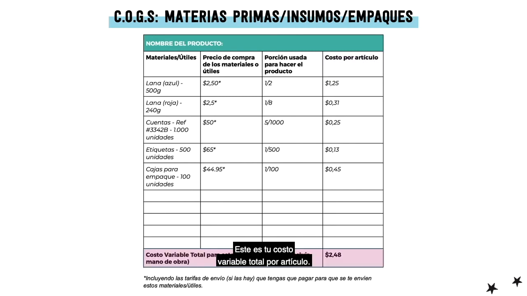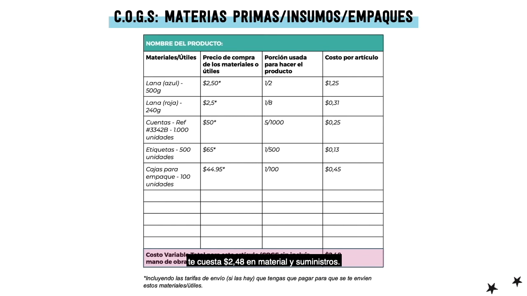$0.45. Finally, your total variable cost per item, so your cost of goods sold excluding labor, because we're only looking at supplies and materials here, for this specific item, for this pair of gloves, is the sum of the amounts in the cost per item column, which here adds up to $2.48. What this means is that every time you create and sell a pair of gloves, it costs you $2.48 in